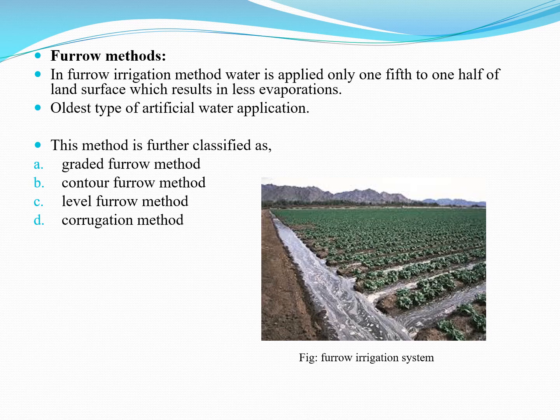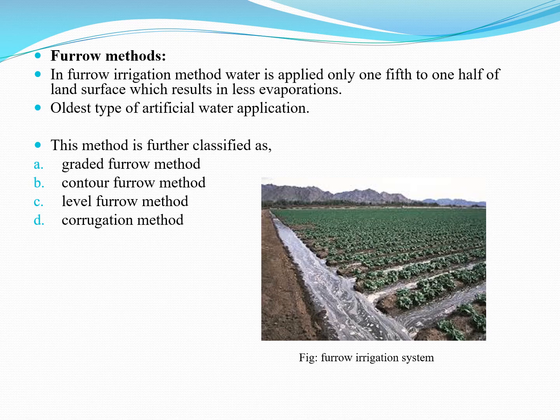In furrow irrigation methods, there are many ways how crops can be irrigated, by applying artificial water. Means either by drip or sprinkling or applying the water on the entire field surface. Okay, so each type has its own irrigation system, which mainly differs in the way how water is applied to the crops. Okay, so among that, one of the oldest types of artificial water application is furrow irrigation.